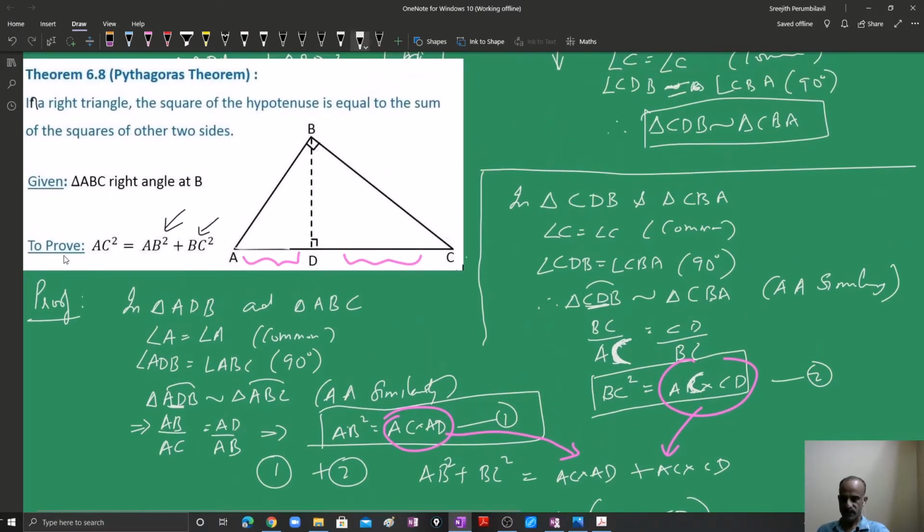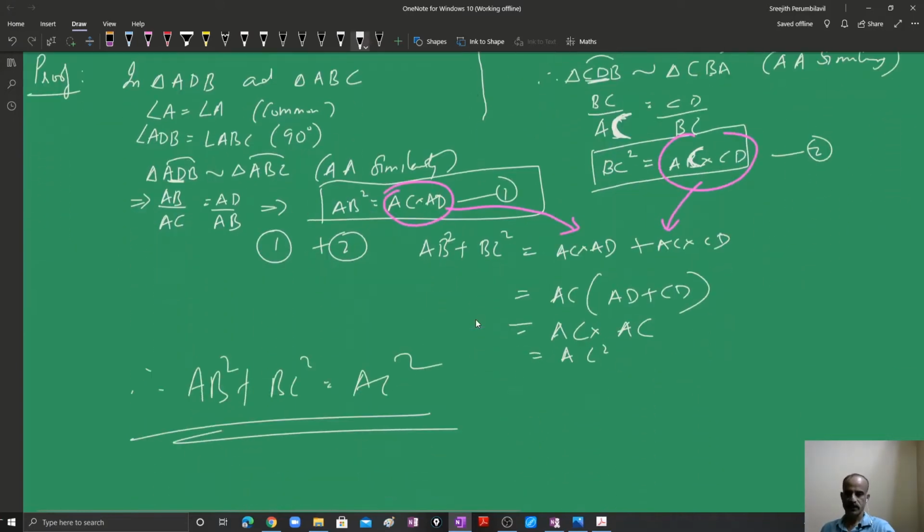I repeat, everything is there in the statement of the theorem itself. You have the statement, and the proof comes on its own. First think about AB as sides of two different triangles, one smaller and one larger, and establish similarity. Then think about BC as sides of two triangles. Then bring the BC square expression: one should be on the numerator and the other on the denominator, you cross multiply and you get the square. Then add them there itself.